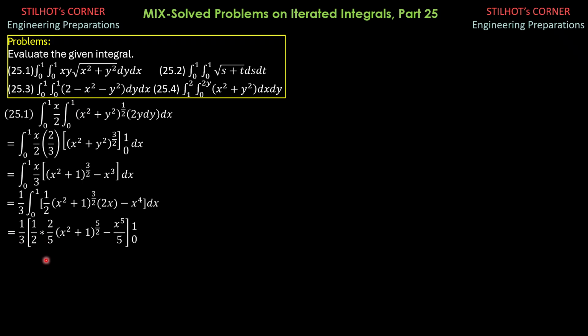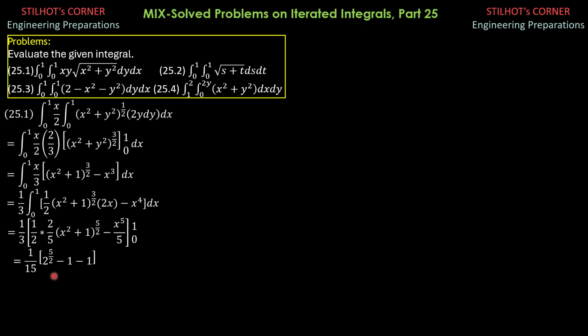So this is now 1 over 15 times the quantity 2 to the 5 halves, then minus 1, then minus, when x is 0, lower limit, minus 1. So take note, this is cancelled and 1/5 is factored out. That's why you have 1 over 15. What remains here is square root of x squared plus 1 to the 5 halves. When x is 1, 1 plus 1, 2 to the 5 halves. Then minus 1 to the 5th, or minus 1. Then when x is 0, this is 1. 1 to the 5 halves is still 1, so minus 1. Then minus 0, of course.